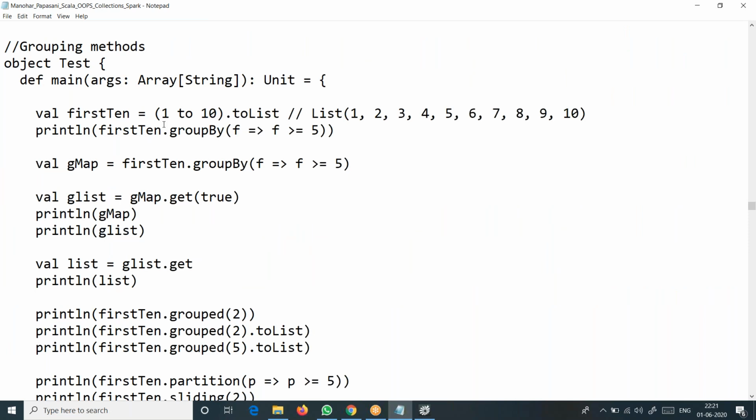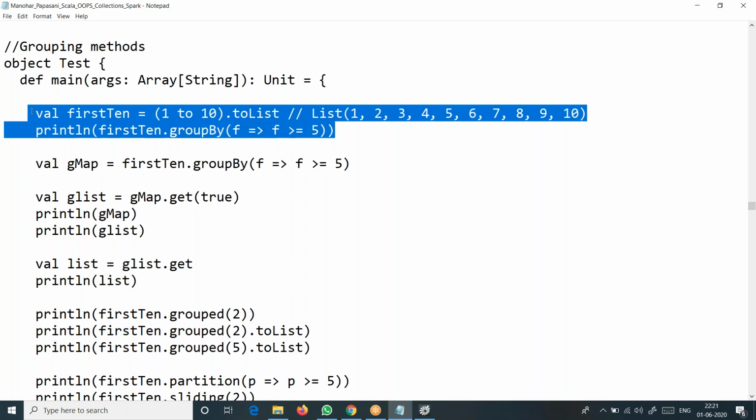So this is simple. First 10 means we are creating a list of 10 elements here. We are just applying a tuple, converting it, applying a cast to the list. All the tuple gets converted to the list, and it appears like this. And you are saying groupBy, you can see greater than or equal to 5. Means when you say this, all the elements which are greater than or equal to 5 will fall into one group, and those less than 5 will fall into one more group. Anyhow, we will quickly test it, sir, one by one, so it's easy to understand.